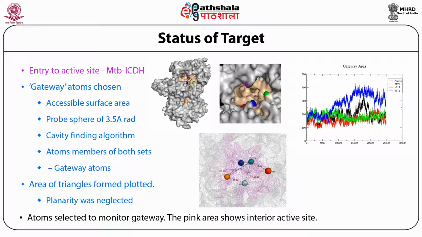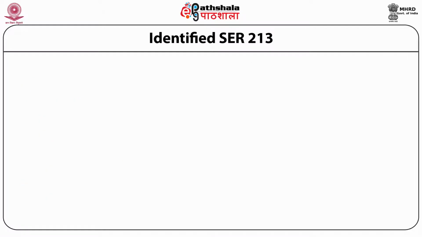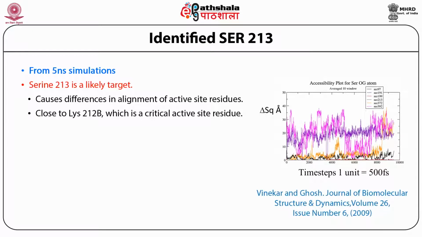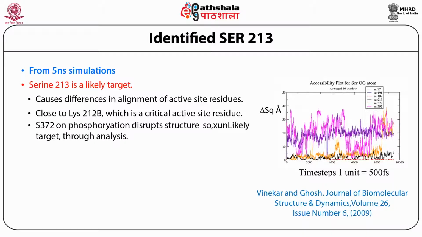But then comes the question, why should it be? If it is accessible all the time, then this particular interaction cannot be a regulated one. Here we identify not the one I studied, but the one called serine 230. We did a long simulation, shown here, and figured out how much is accessible. We found that 372 is always accessible, so we should not be using that. It is a very unlikely target.